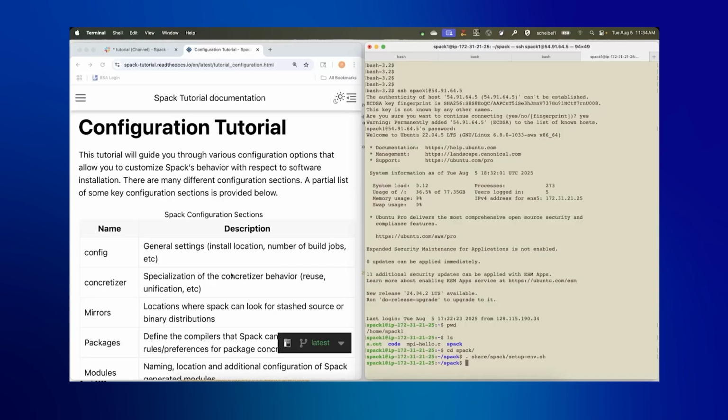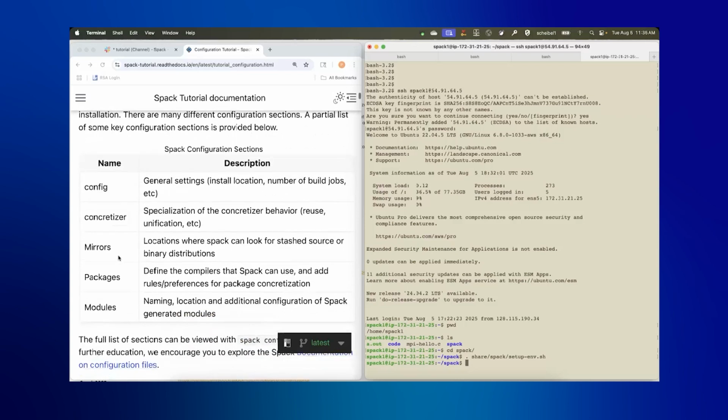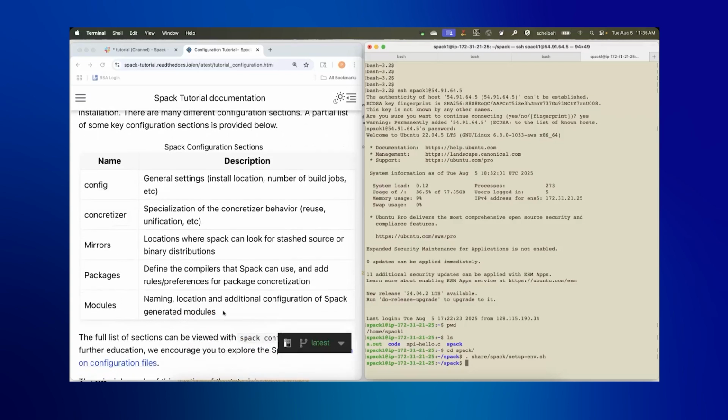And there's also a ton of other behavior you can customize in Spack with configuration, so setting things like build parallelism, and also interfacing with some of Spack's behavior that is ultimately only available through configuration. So we broadly divided it into what we call sections. This lists out a few of the most prominent ones. This tutorial in particular will be getting a lot into packages configuration,